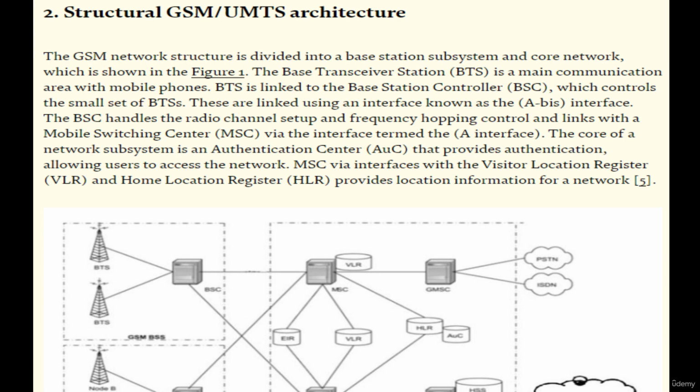The GSM network structure is divided into a base station subsystem and core network, which is shown in the figure. The base transceiver station, BTS, is a main communication